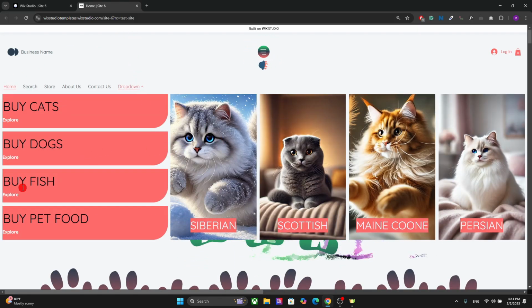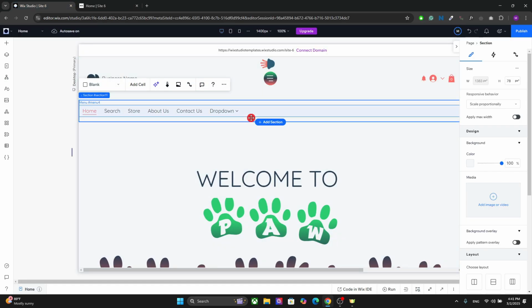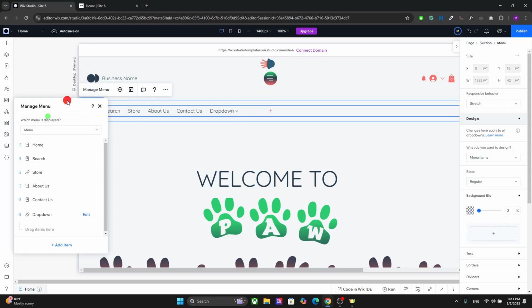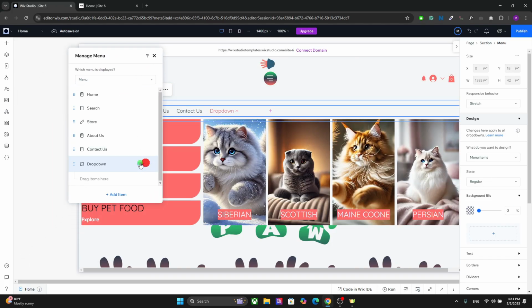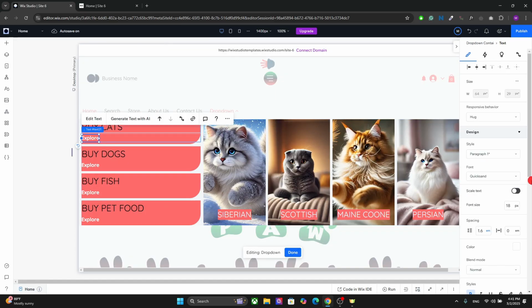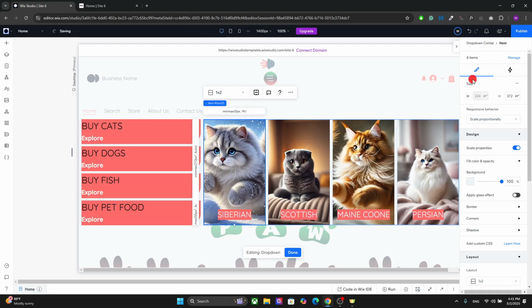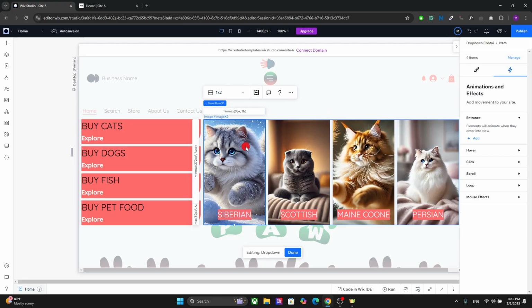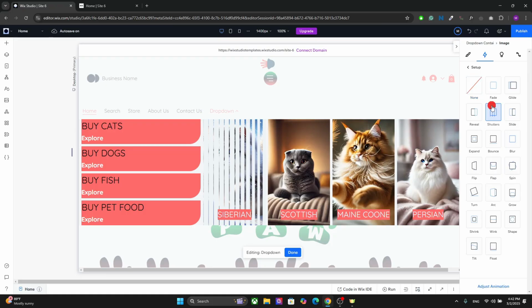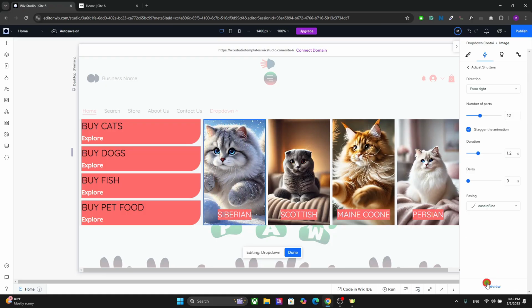This is much better. Let's increase the font size a bit, and also let's add some animations. Let's make the menu more interesting. So go back here, click on Edit. Let's increase the font size. Let's add some animations. So first off, I'm gonna select the image. Let's add shutters like this, and let's add some delay because